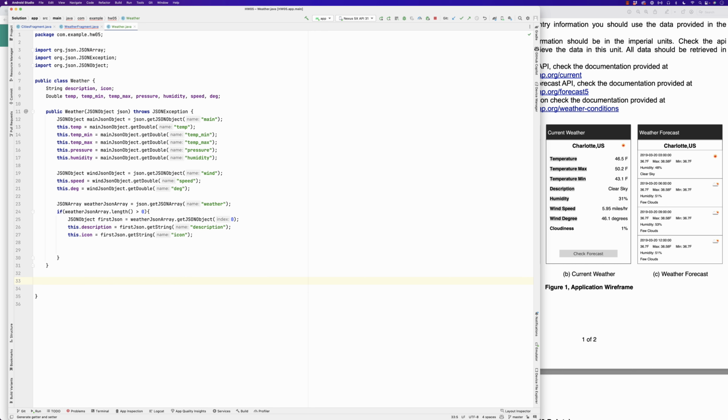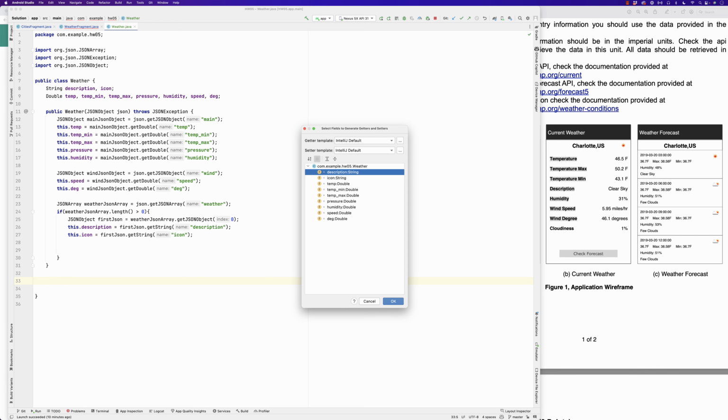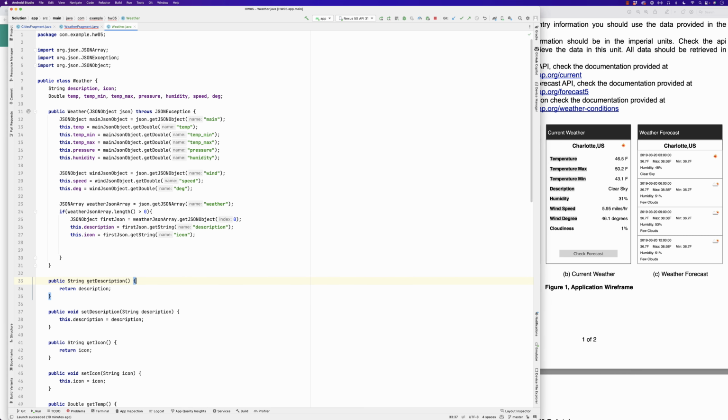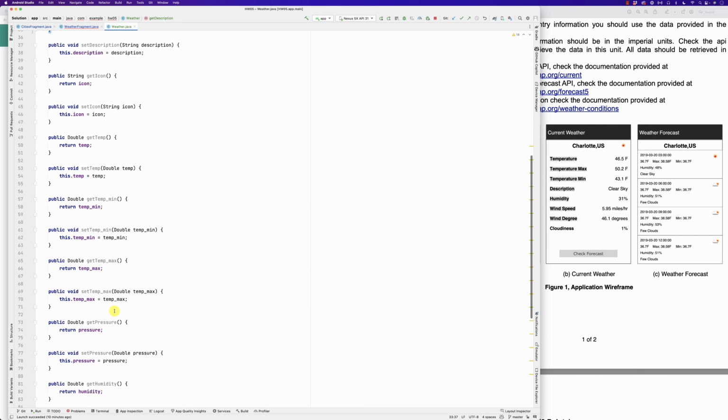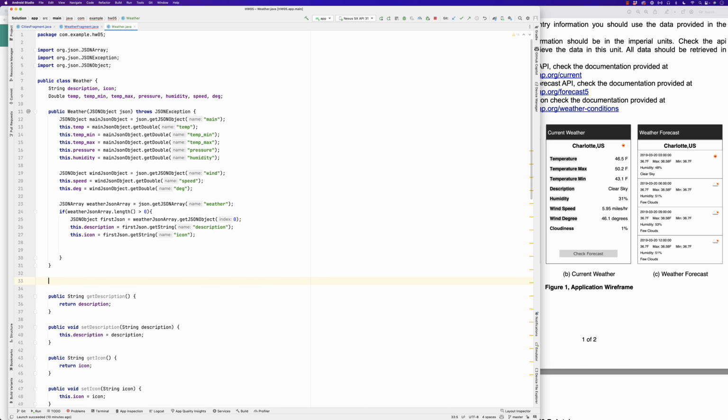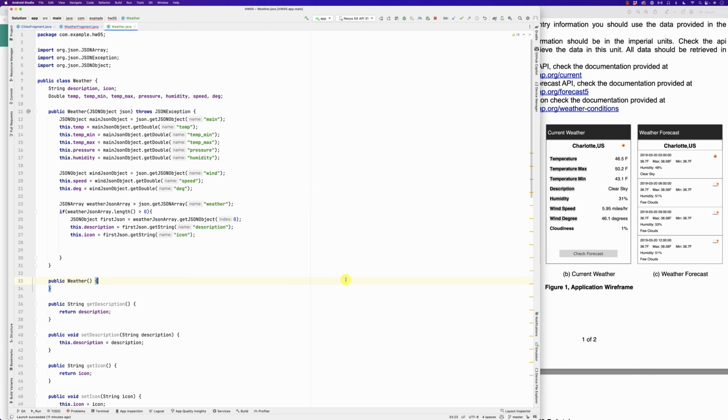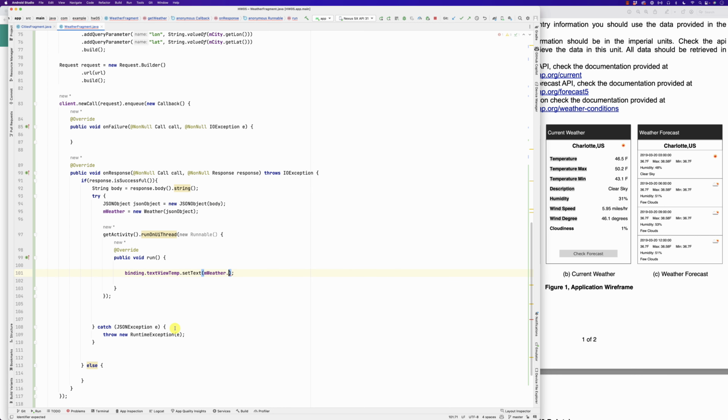Some getters and setters for all of them. I'd also like to create an empty constructor. Let's do an empty constructor. Done. Okay, good. So I have the weather getter and setter, and then here we'll do get temperature plus